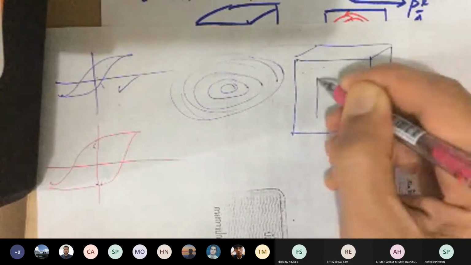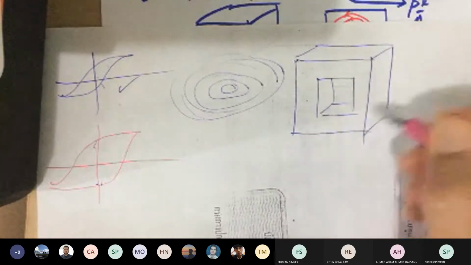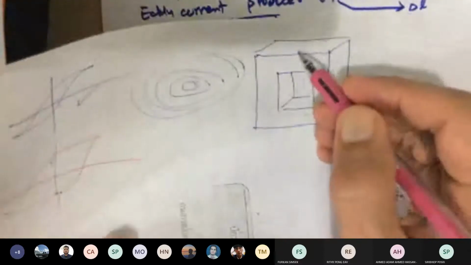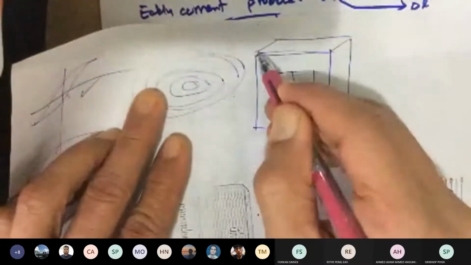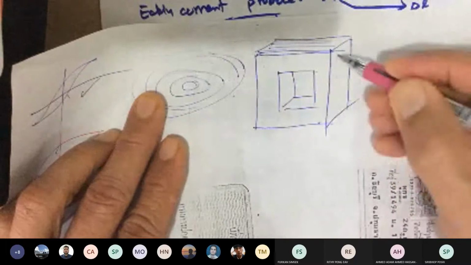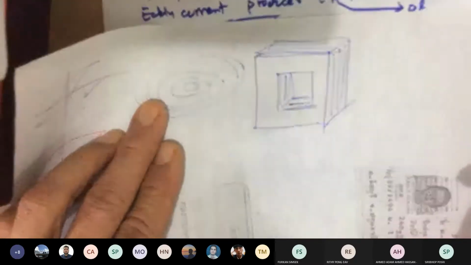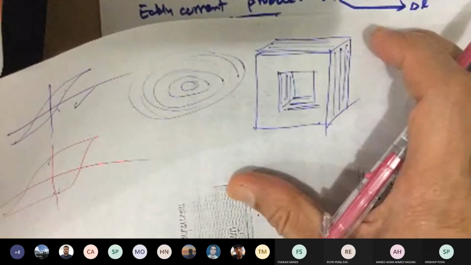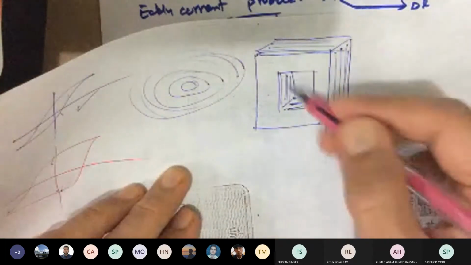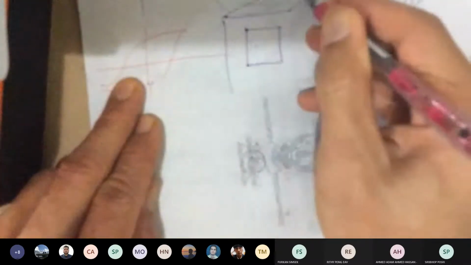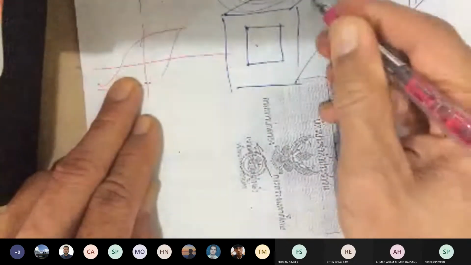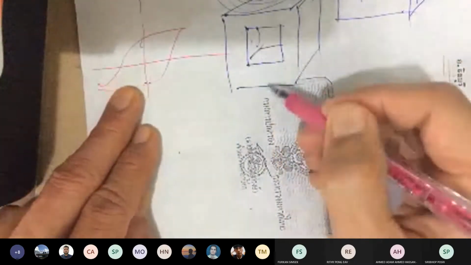In real life, your core is going to be made of lamination, thin sheets of iron stacked together. You get the idea? There's a reason for that. So you never see a piece of iron like this, a solid piece of iron that thick. It will never work